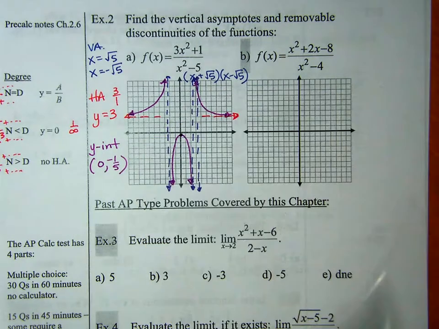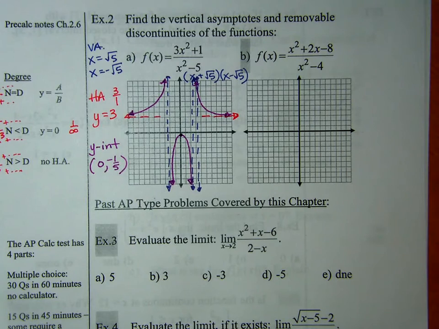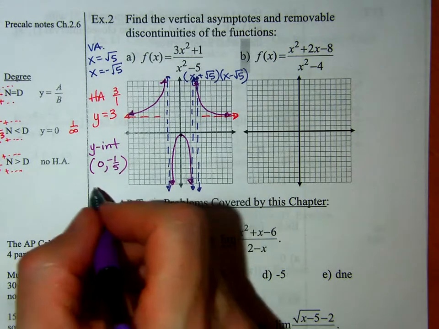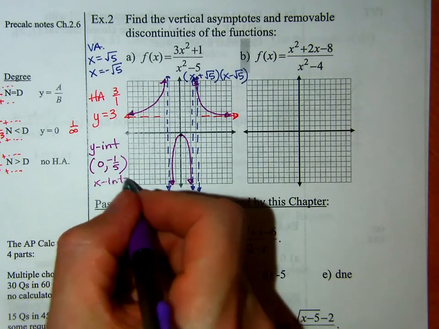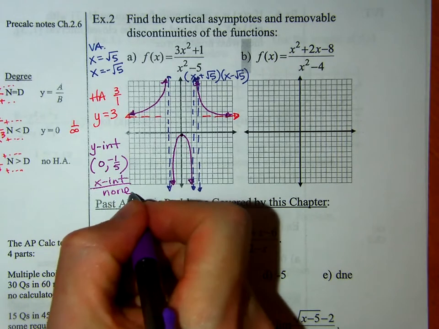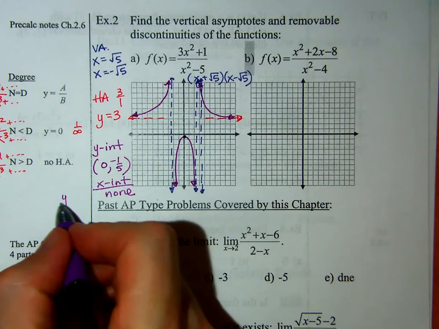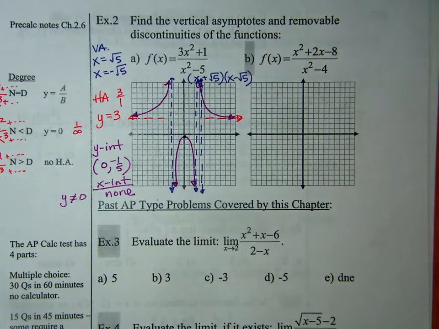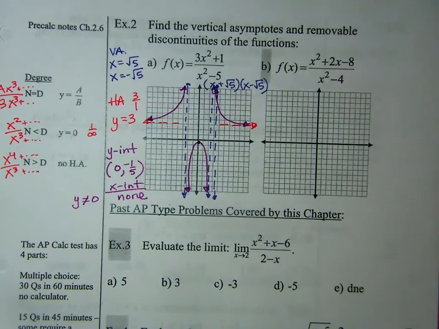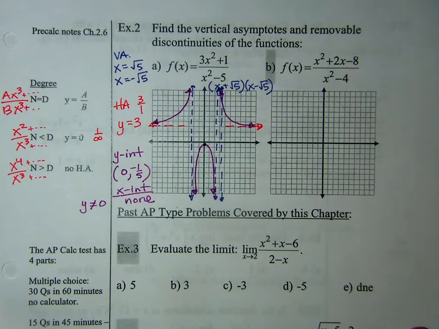So, there we go. And so we could mention x-intercepts. There were none, because y doesn't equal 0. Y does not equal 0. So that's why we have no x-intercepts. All right, so moving over to the next one here,